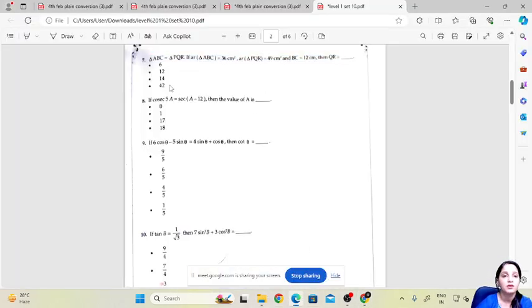Next, if cosec 5a equal to sec a minus 12, then the value of a is. Now this is cosec 5a and this is sec a minus 12. So for either you can change sec to cosec, or